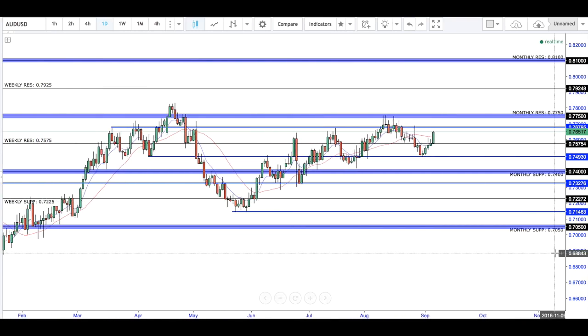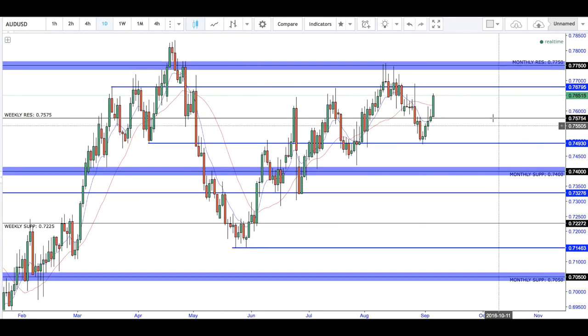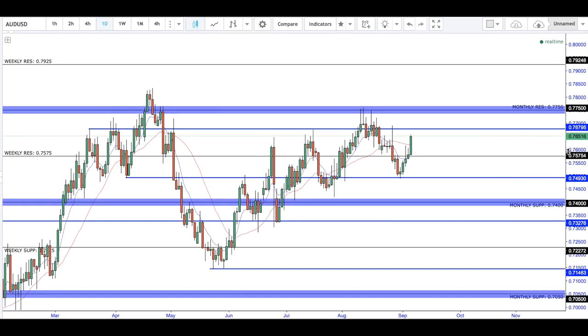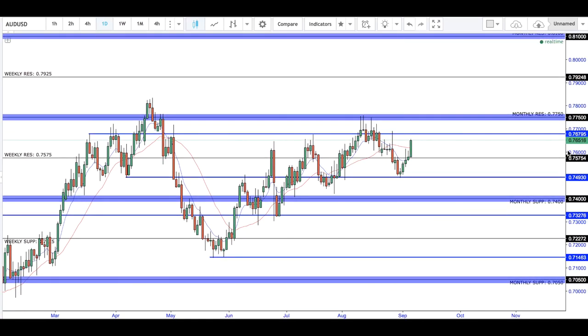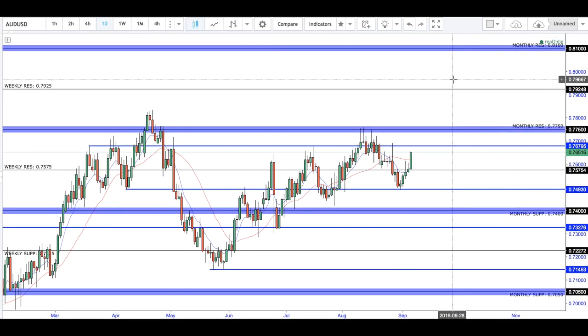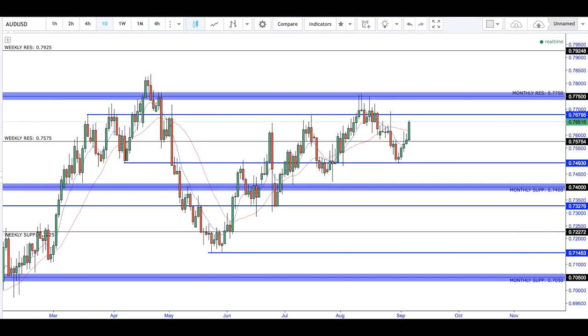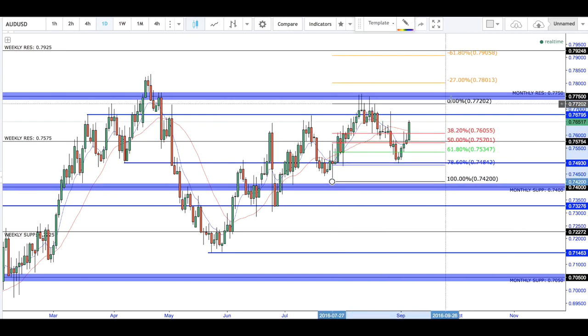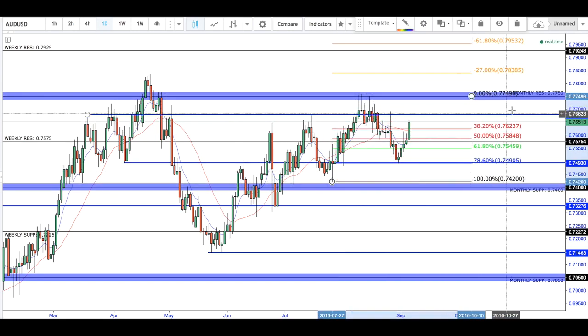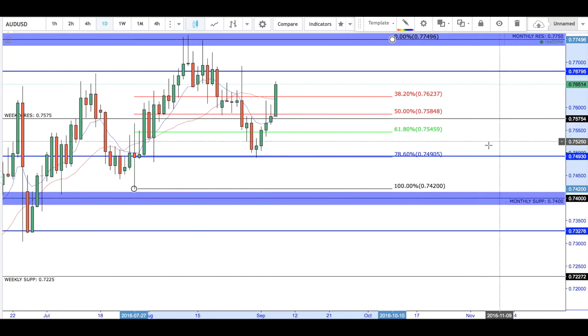So our bias on the weekly fib is in fact bullish, and we have quite a 400, 450 pip run up to the monthly resistance there. But also on the daily time frame, we can also find more fibs. So I'm going to go from where this high low point is here, and I'm going to drag my fib up to the resistance and where we can see the 1, 2, 3 spikes there as well. So now I have, guys,